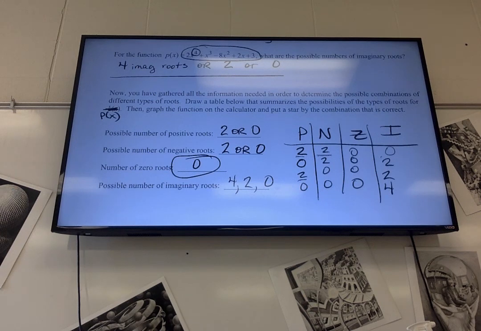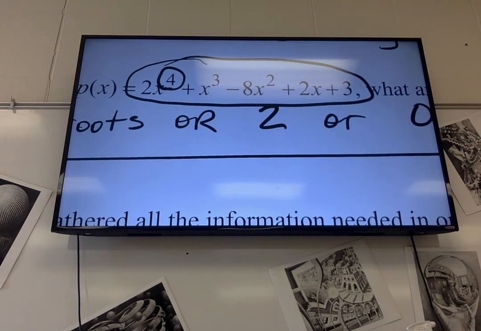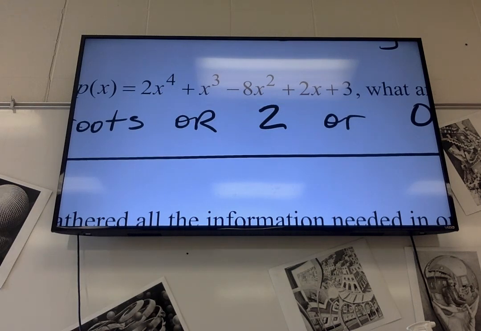So this is a picture of all the possibilities. And we're going to see which one is right by graphing it. So if you go ahead and grab your calculator or get it out of your backpack if you're using your own. And in our y equals, we're going to graph